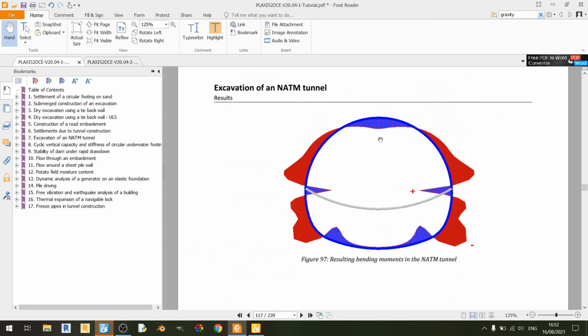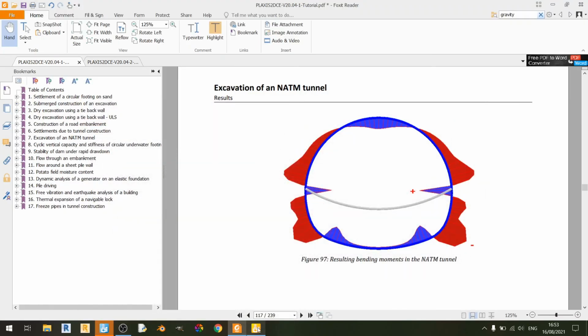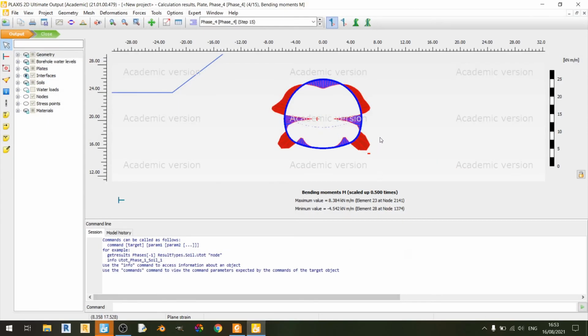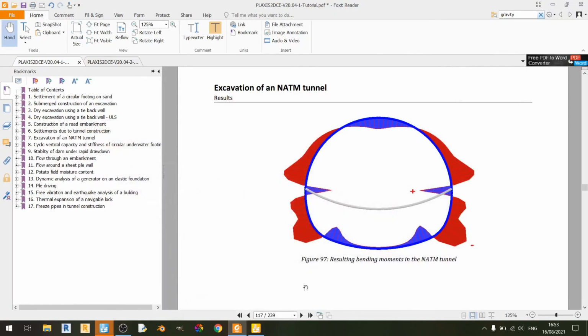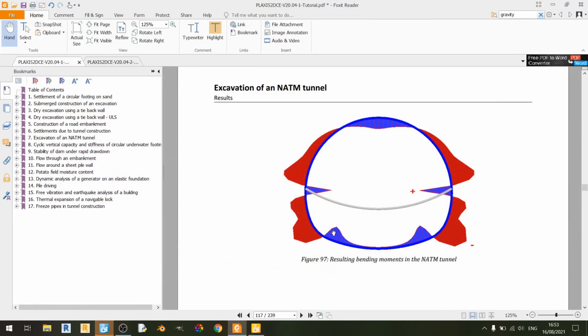And there you go. This is the shape of the bending moment diagram as shown in the tutorial. And this is the bending moment diagram as shown in our attempt to recreate the tutorial's results. So as you can see, the shapes are very similar. So we've already done a very good job in mimicking most of the bending moments features over here. You can see this peak over here and over here, and peaks over here, and over here,